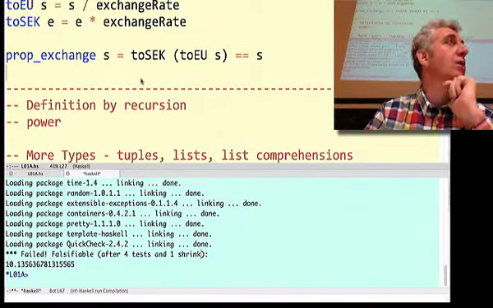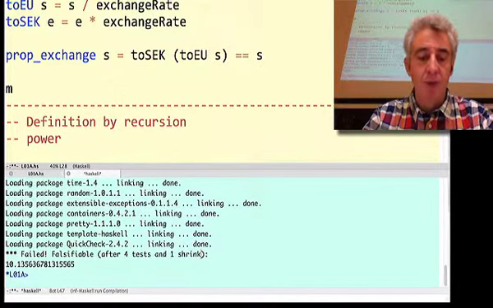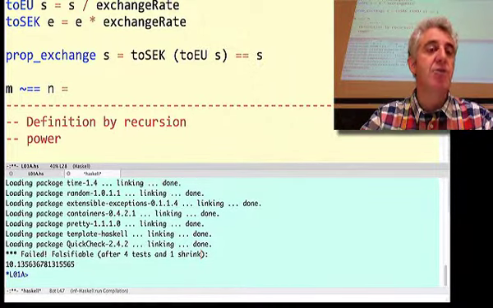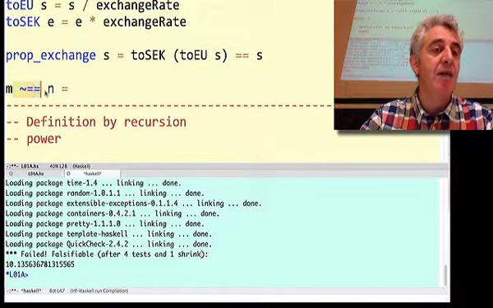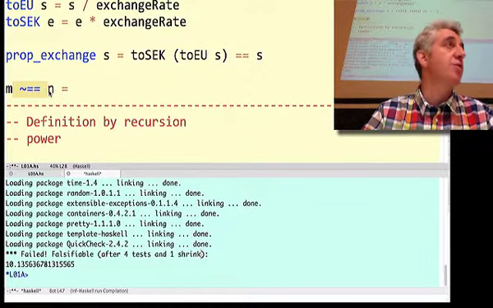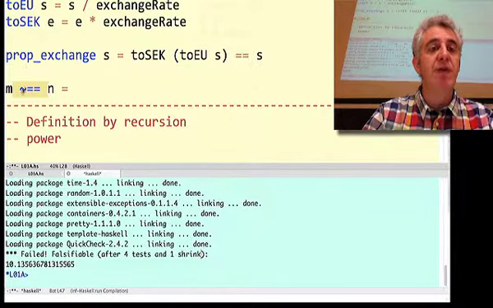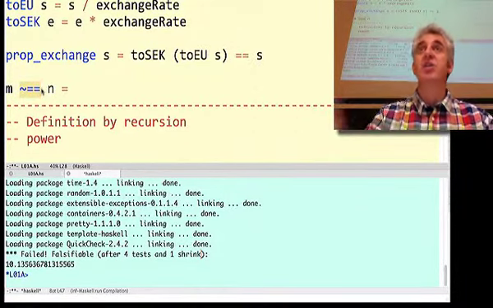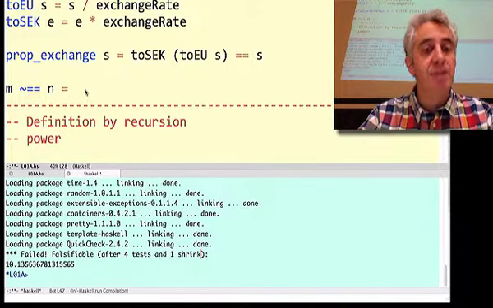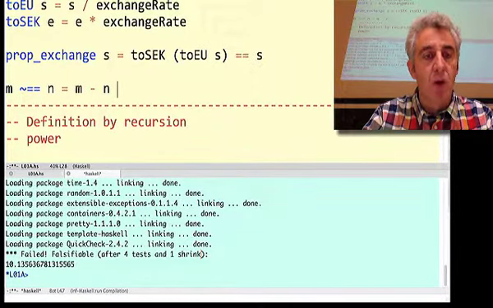So let's define our own equality. Let's define when m is not exactly equal, but approximately equal to some other number n. So let's create a new definition. This time I'm defining an operator. What's an operator? It's just a function built from symbols rather than alphanumeric characters. And it's distinguished by the fact that you write it in an infix way. In other words, you write it between its arguments and not before its arguments. So what is it to be approximately equal? Well, we might say something like, I don't know, m minus n should be small.